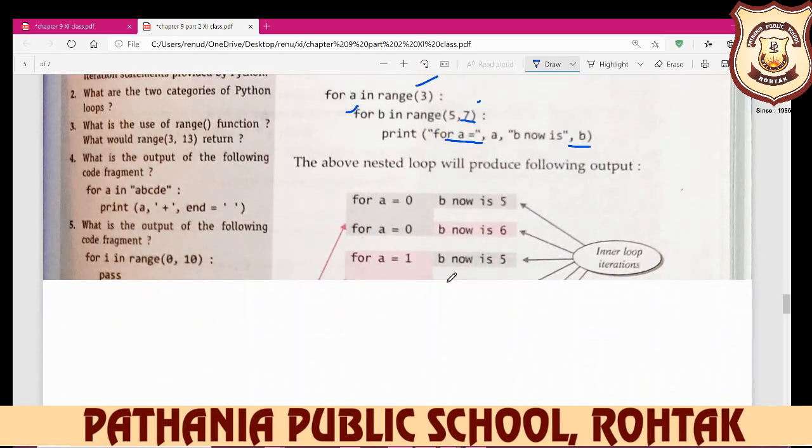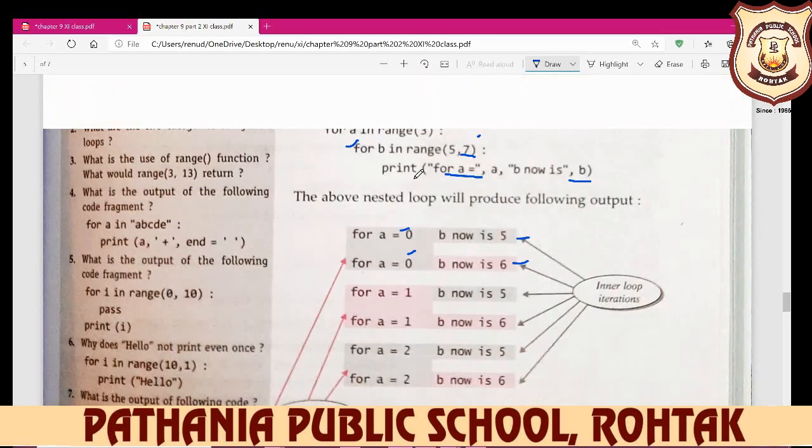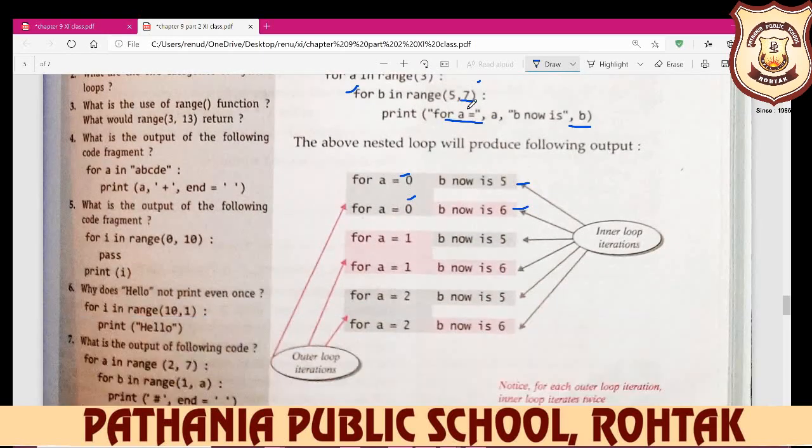You see here, a first time displays 0, again 0, and b now is 5 and 6. Your range 3 means 0 1 2. For 5 to 7, we decide 5 and 6, because your lower limit is 5 and upper limit is 7, and always the upper limit minus 1, so it is 6.